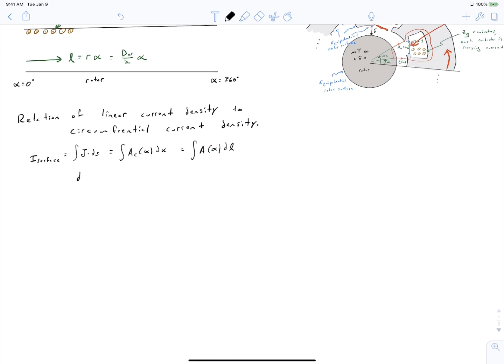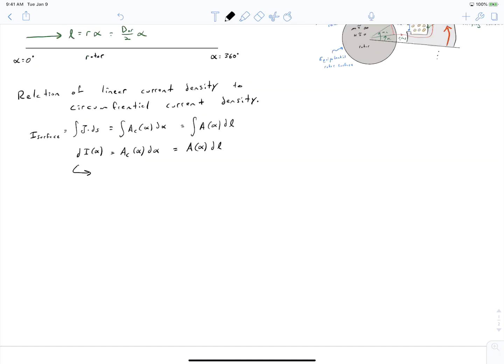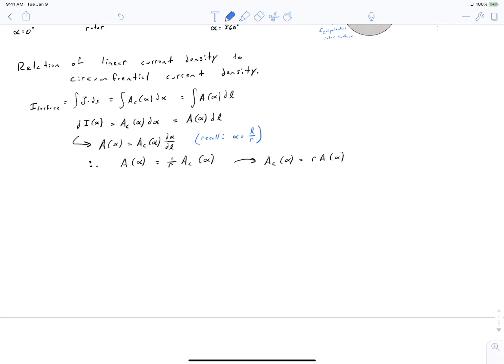So we can notice from this that we end up having a differential current at any angular location alpha as being our circumferential current density times d alpha, which is clearly equal to our linear current density times our differential length that we're integrating over. And from this, we're now ready to relate our circumferential current density to our linear current density by solving this equation for A of alpha. And we get this relation that our linear current density is going to be 1 over our rotor radius times